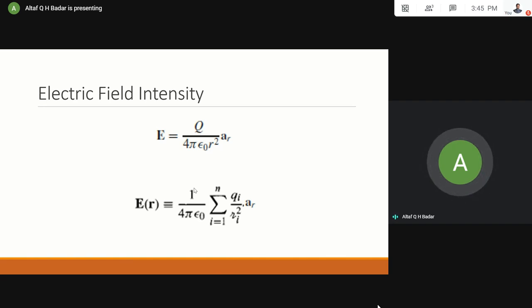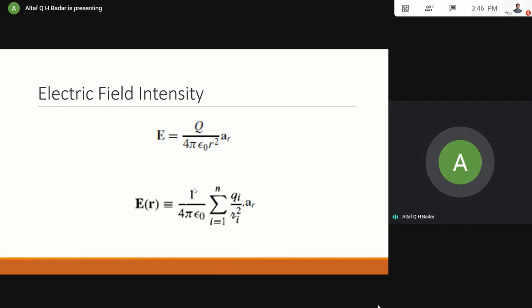So usually what happens is F is given as Q1 Q2 by 4 pi epsilon naught, where 1 by 4 pi epsilon naught is basically the proportionality constant K. In the denominator you have R square multiplied by AR. So between the force in Coulomb's law and the electric field intensity, there is a difference. There were two Q's in the numerator for the force, whereas for electric field intensity we have got a single Q. The Q which we are considering as a test charge is not visible there, the Q which is applying itself on this.